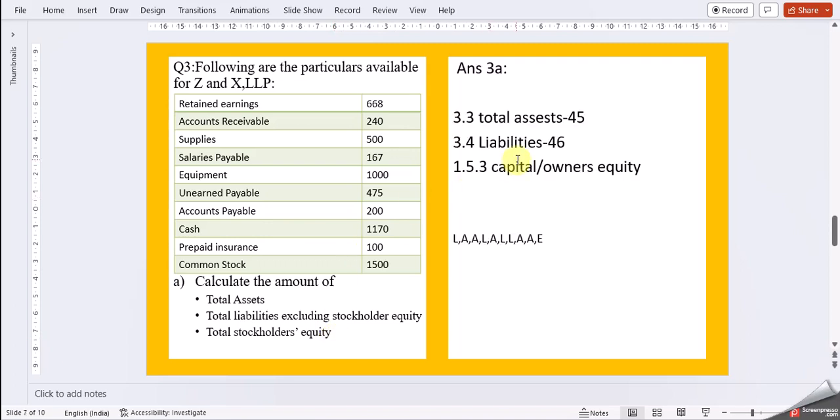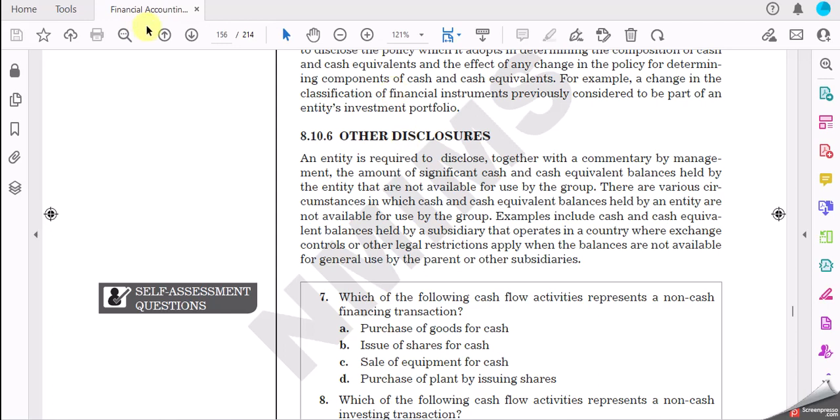First, try to come up with information like what assets and liabilities are. This information you can get in chapter 3, page numbers 45 and 46. Then you also have to understand what equity is. So in the equity part of it, write up the information about capital and owner's equity. I'll just take you through